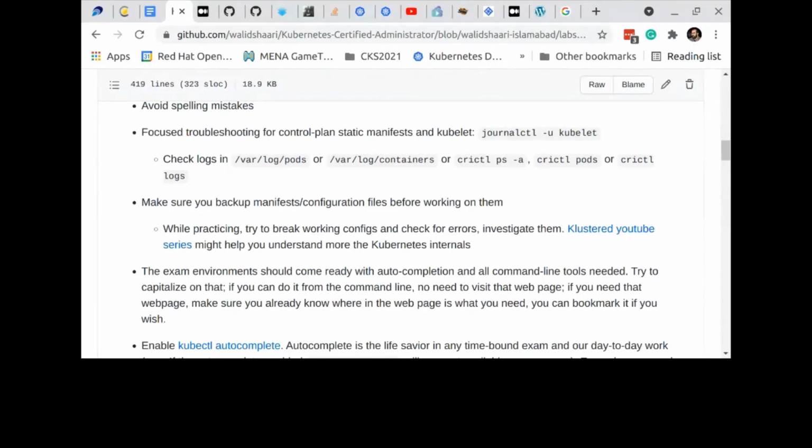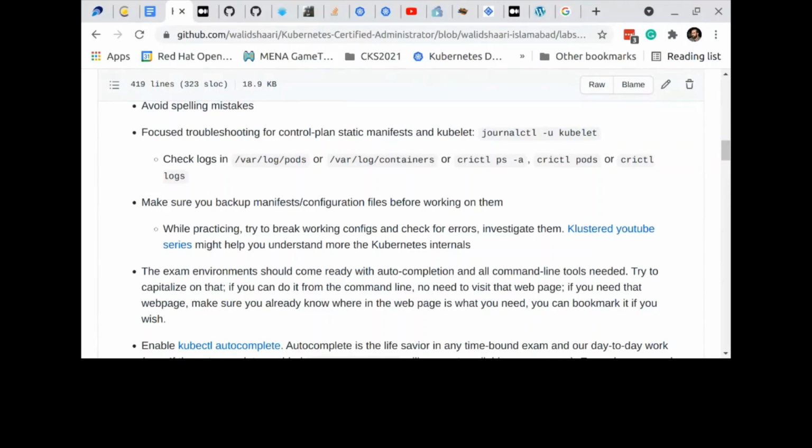So systemctl and journalctl are not really Kubernetes specific, they are system specific, but you have to be familiar with them. Know where to check for logs, /var/log/pods, /var/log/containers. Know how to use the tools that I said, since we don't have the Docker command line anymore. Know how to use crictl and ctr. I need to put ctr here somewhere. Okay, I'll just put the comment.